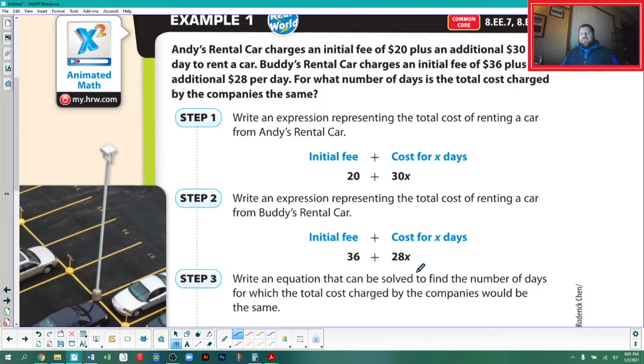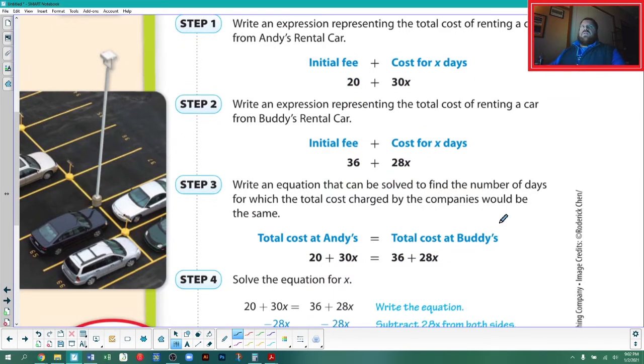So we come up with the two expressions by taking the initial fee and adding the cost per day times the number of days, which is going to be X. So for Andy's, we've got the $20 fee plus $30 per day, where X is the number of days. For Buddy's, we have 36 as an initial fee and 28 per day. And so to find out when those two are the same, we set them equal to each other,